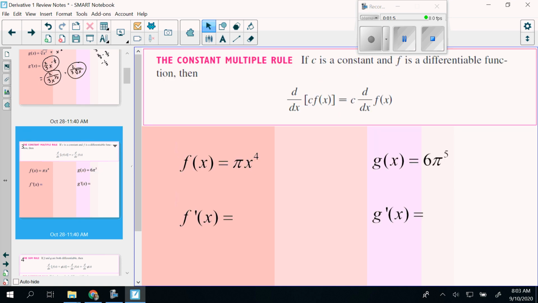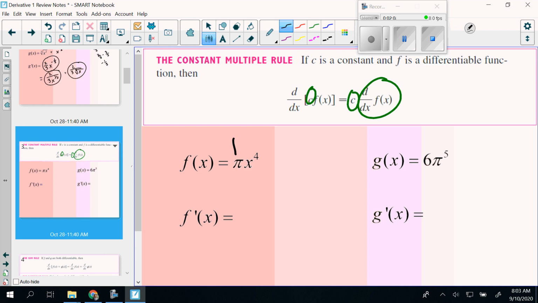Okay, if you have a constant multiplied to the function, what we can do is take that constant, move it outside the derivative, and then still just find the derivative of the function and multiply that constant back to it. Example right here, f of x, you got pi times x to the 4th. Pi is our constant. Let's just focus on x to the 4th. So if we did that derivative with our power rule, we're dropping down the 4. New power is 1 less, so 3, and then we multiply that pi back to our answer,